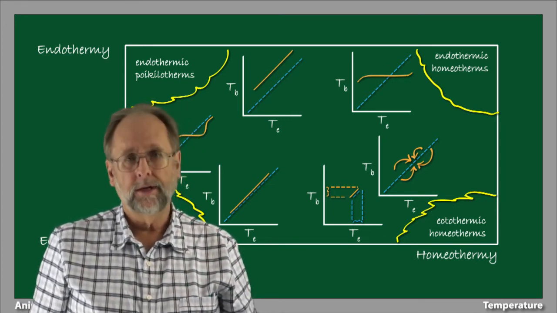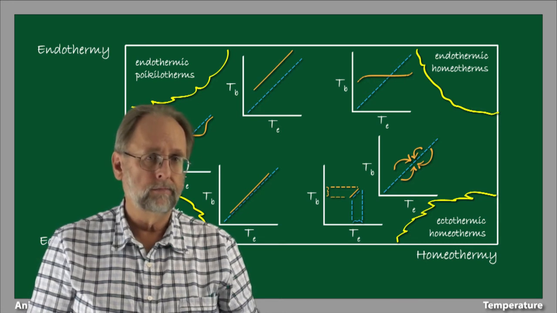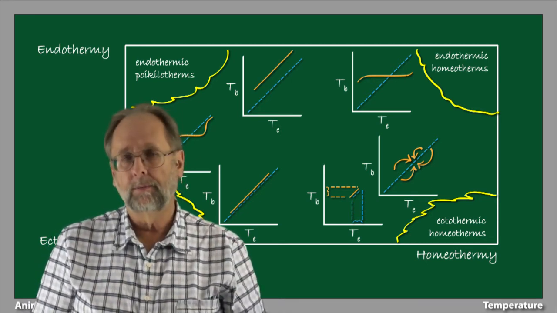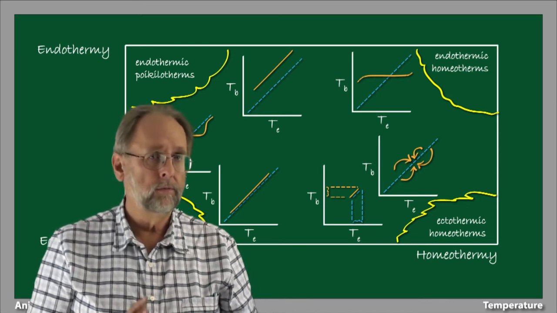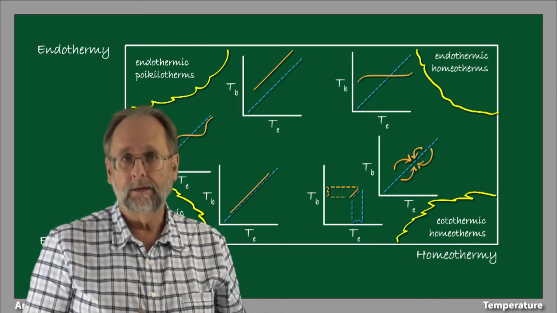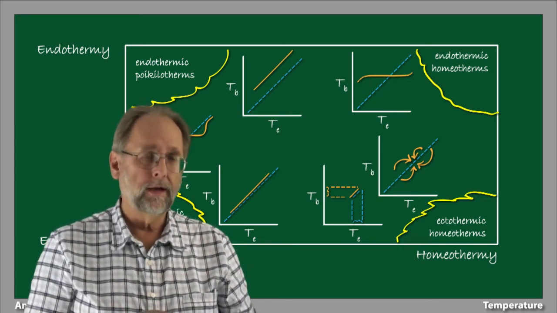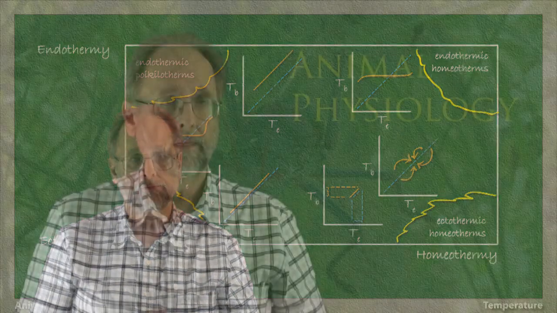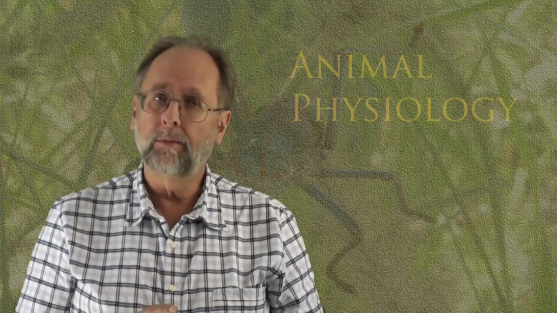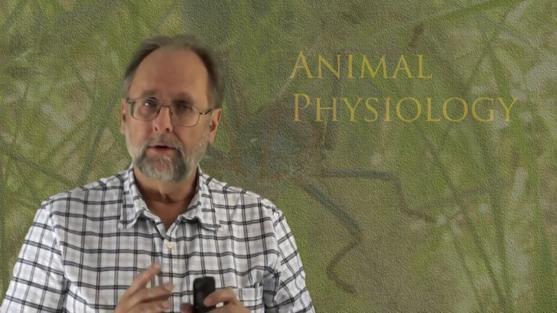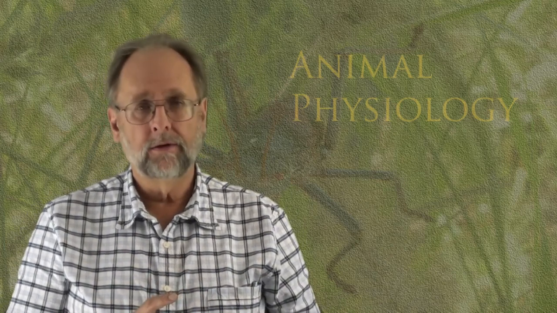These kinds of creatures are capable of impressive feats of thermoregulation. Many desert lizards, for example, can maintain very high body temperatures with an impressive degree of steadiness, making them essentially the thermal equivalent of endothermic homeotherms, but without the high metabolic energy costs. So, the relationship between metabolic heat production and thermoregulatory ability is quite complicated and quite diverse. We'll be delving into the whole issue of body temperature in considerably more detail a bit later. For now, though, let's turn to one of these categories, the endothermic homeotherms.